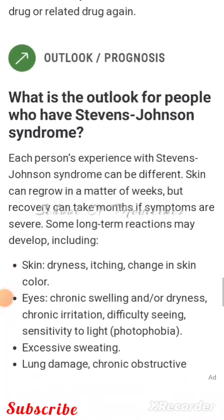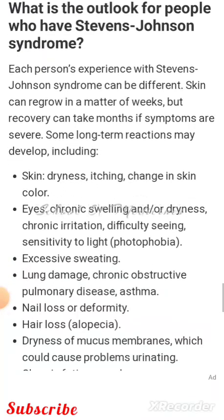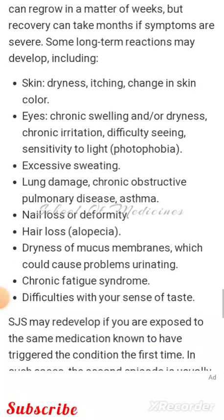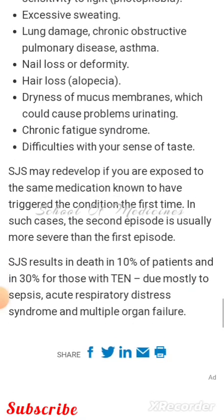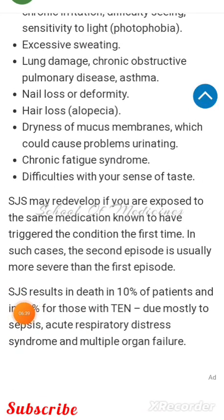SJS may redevelop if you are exposed to the same medication known to have triggered the condition the first time. In such cases, the second episode is usually more severe than the first episode. SJS results in death in 10% of patients and in 30% for those with TEN, due mostly to sepsis,